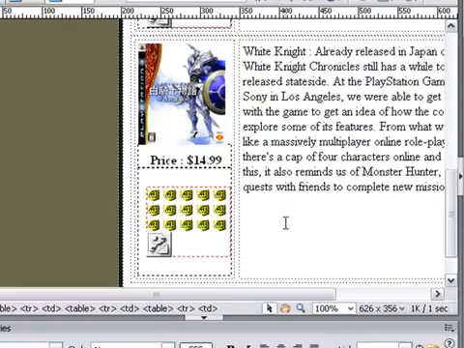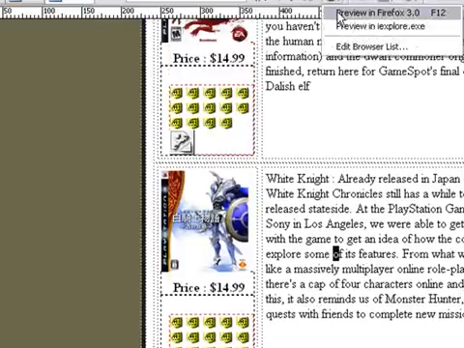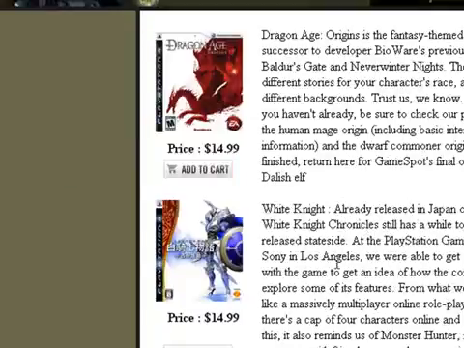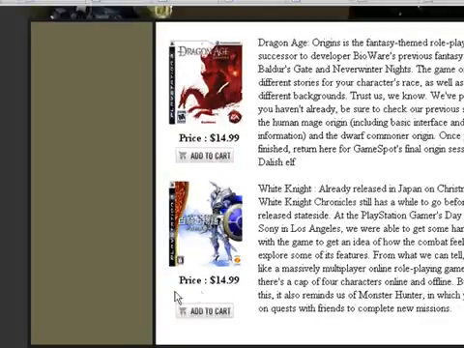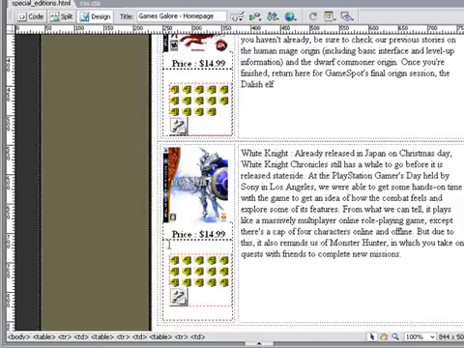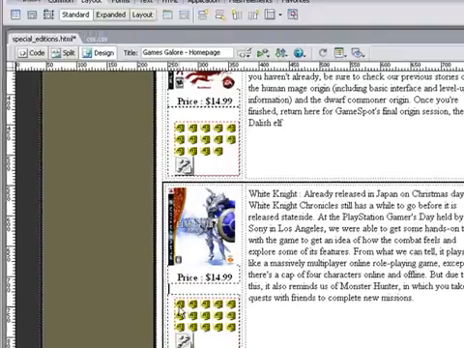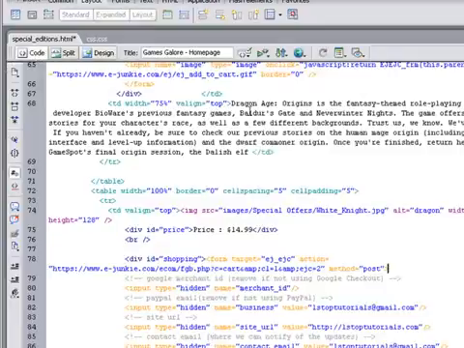So when we come back into our design view and go into the browser to preview this in Firefox, you'll notice everything is set up, but we seem to have a little bit of space here. So let's come back in and see if we can work out how to delete that. We could try to mess it around, but more than likely the reason it has a space there is because it has a break tag in it. So again, if we click anywhere inside any of this coding, come back to the code view,